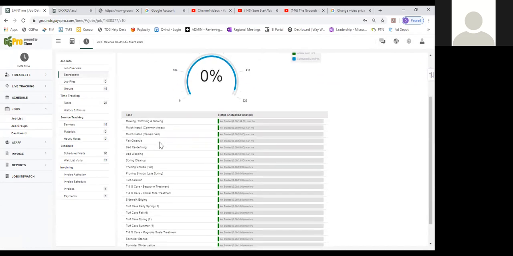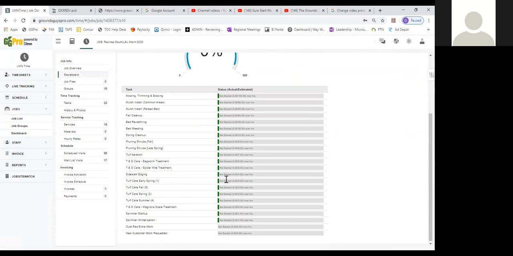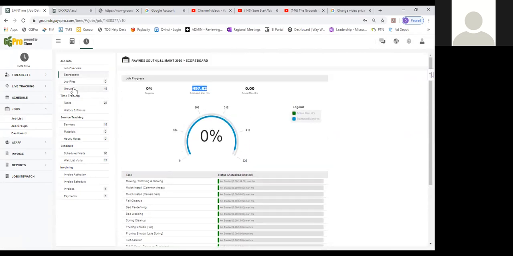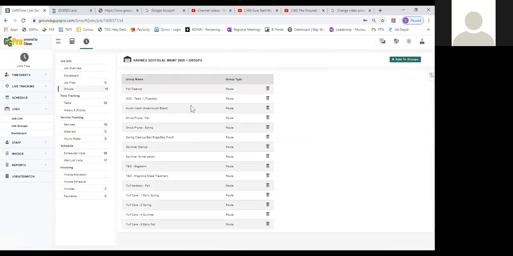And so you're going to be able to utilize this to actually track your progress. Okay. Then we get into groups. There were 15 groups that we have set up for this customer. So we have a fall cleanup group, a mowing Tuesday group. We've got a mulch, a shrub prune fall, shrub prune spring. We've got a spring cleanup, bed edge, and a pre-emergent group. We've got a sprinkler startup, winterization. And then we spray bagworms. We spray magnolia scale. Then we've got turf aeration, and then we've got 4 lawn applications that we have groups